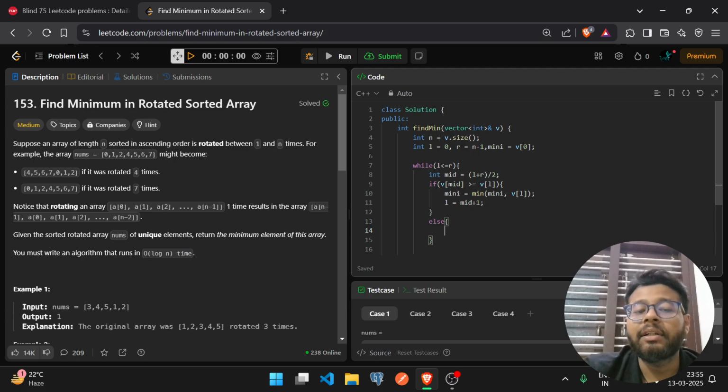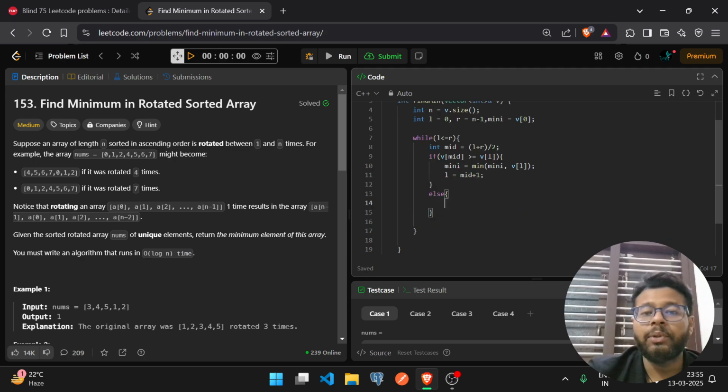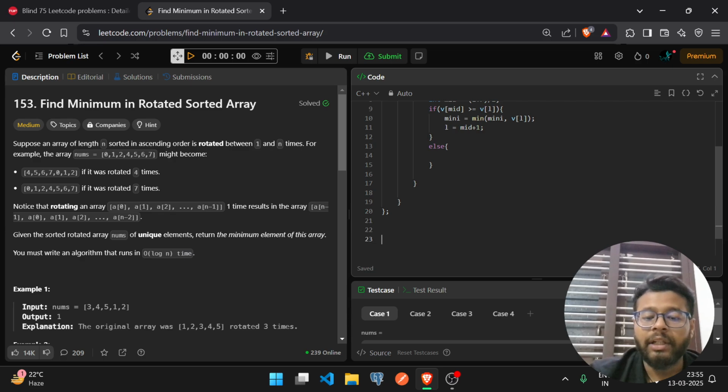Suppose that 3 4 5 1 2. Think of 0 in place of 5. So if you are given 3 4 0 1 2, which is also a rotated sorted array, so 3 4 0 1 2. I will explain it here. Think for a second so that you can understand better. Suppose that you are given the array 3, 4, 0, 1, 2, which is also